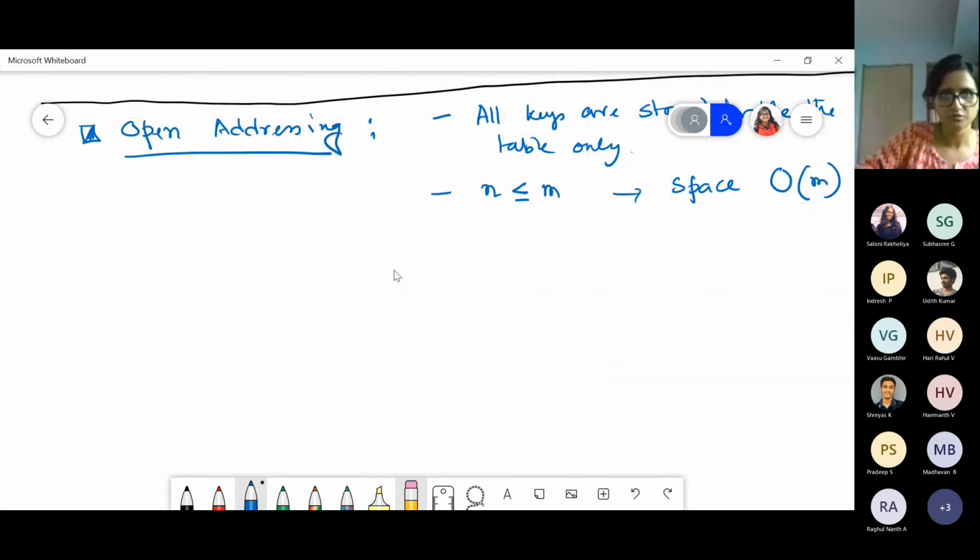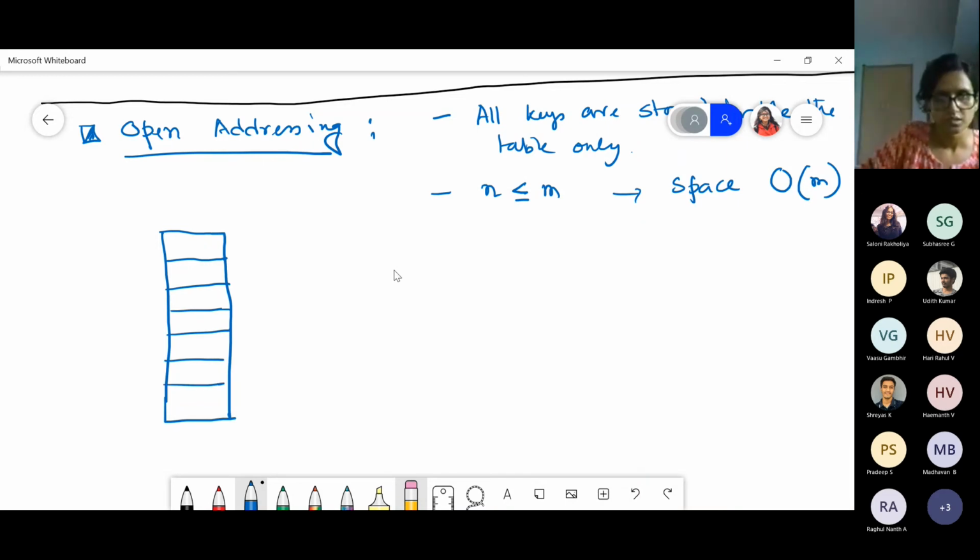So in open addressing, suppose this is my table and 1, 2, 3, 4, 5, 6. Say my key is first assigned here. So here I am keeping one key, K1. H of K1 equals to 1. Now say H of K5, this is also equals to 1, where say K2 is stored here, K3 is stored here, K4 is stored here, something like this.